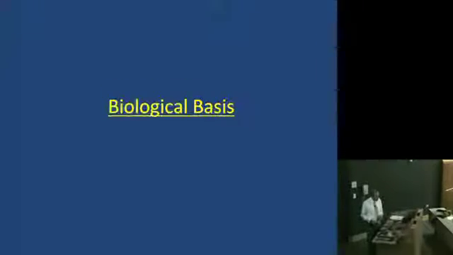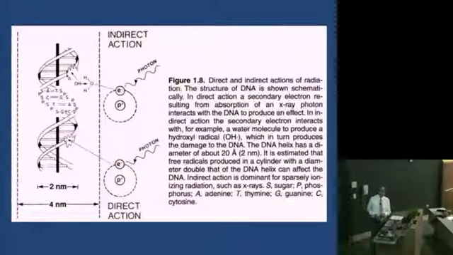Briefly about the biological basis of radiation, there's very strong evidence that radiation damages the cell through its impact on DNA in the chromosomes. There are two mechanisms by which radiation damages cells. One is called indirect action, where secondary electrons are produced that interact with water molecules in the tissues and produce free radicals that cause damage to the DNA molecules in the chromosomes. The second is where the secondary electrons directly damage the DNA.